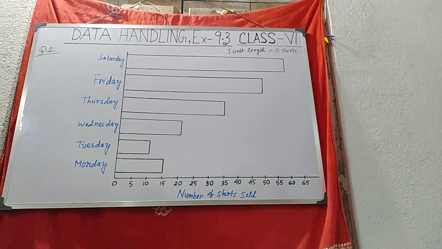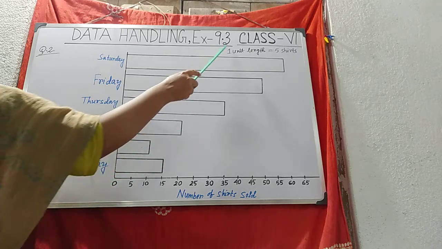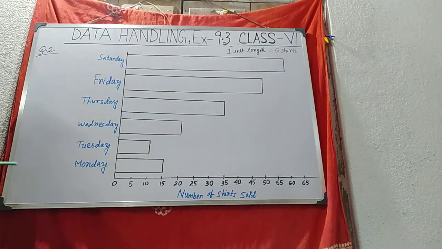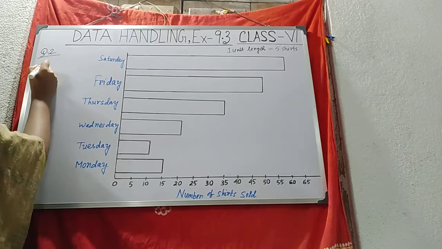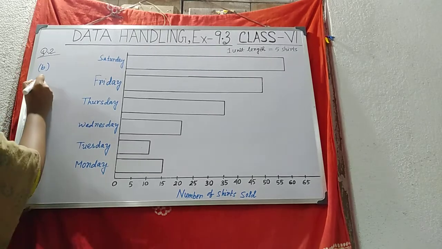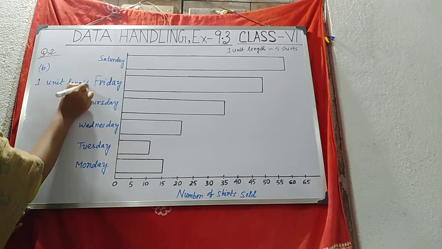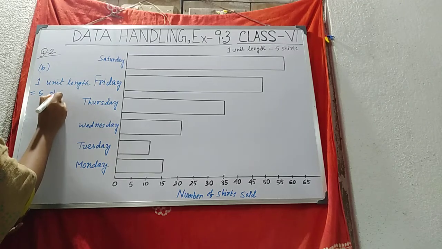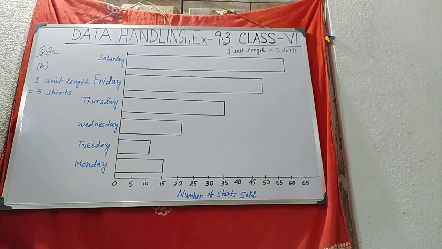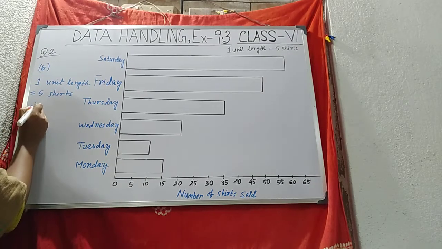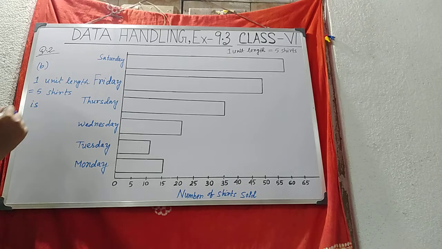I have already told you. Here it is written 1 unit length equals 5 shirts. So for the scale chosen on the horizontal line representing number of shirts, we write for the answer of question B: 1 unit length equals 5 shirts is the scale